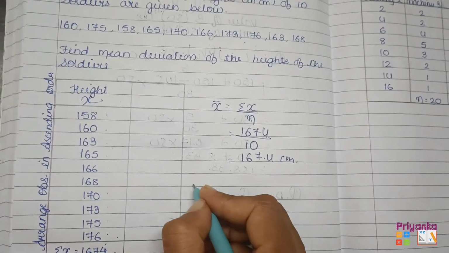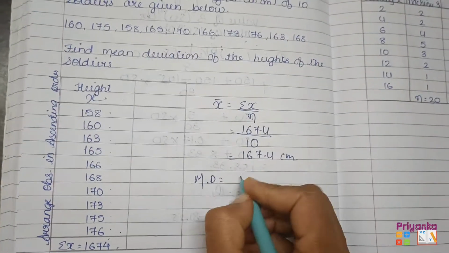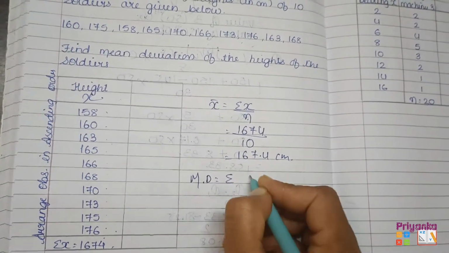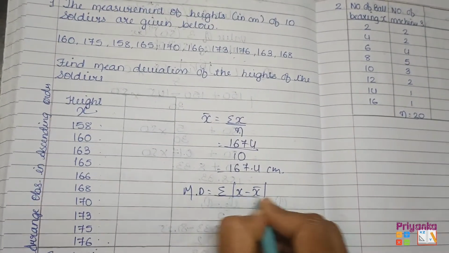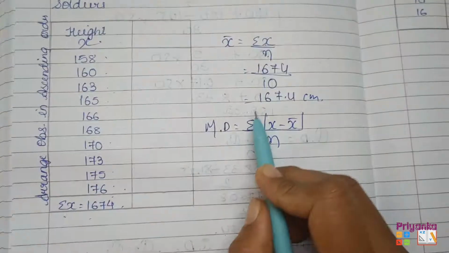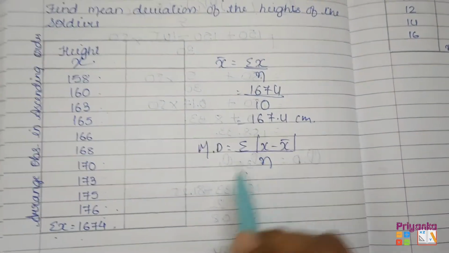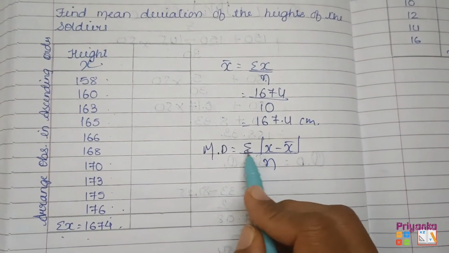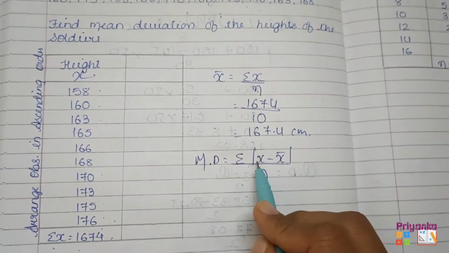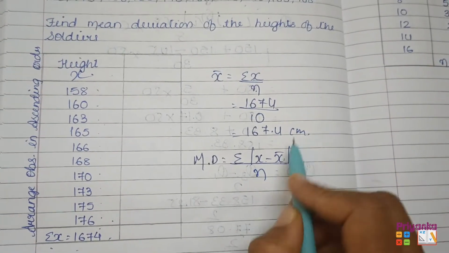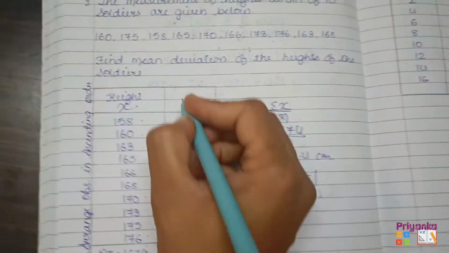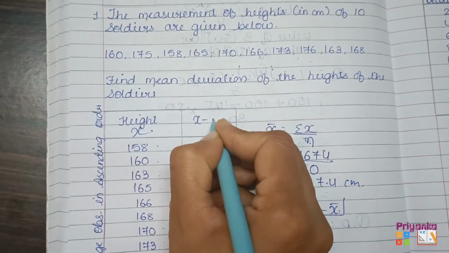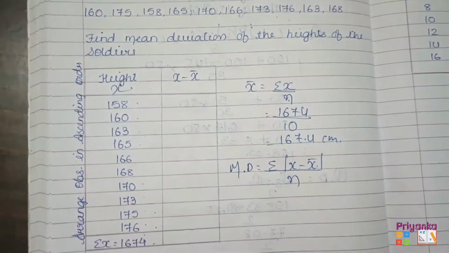Here I'll just show you. Mean deviation formula is sigma |x minus x bar| divided by n. That's the absolute bracket. अब इस ब्रैकेट के अंदर आप इंफॉर्मेशन देखो कि सिग्मा टोटल किसका मांग रहा है, x माइनस एक्स बार. यहाँ पे हमने ढूंढ लिया x बार, यहाँ पे हमारे पास x का कॉलम. So on this basis we will remove x minus x bar.